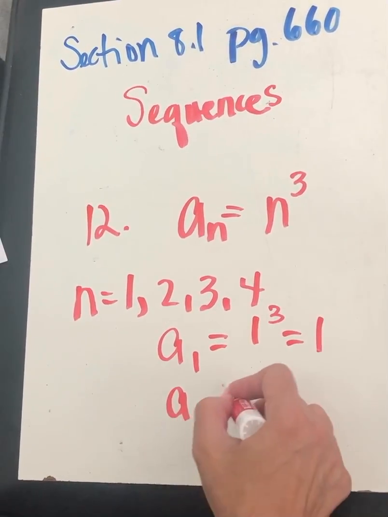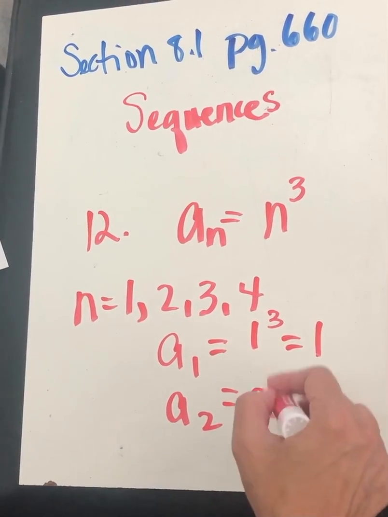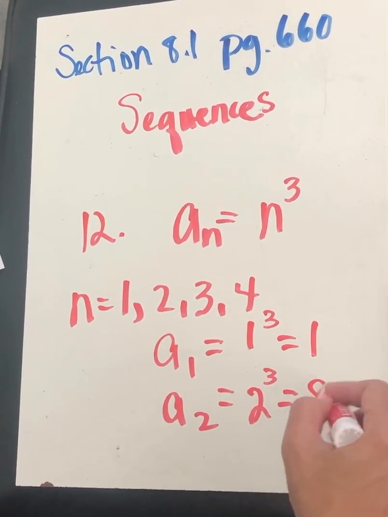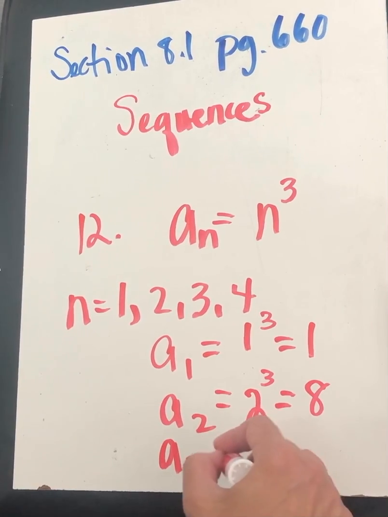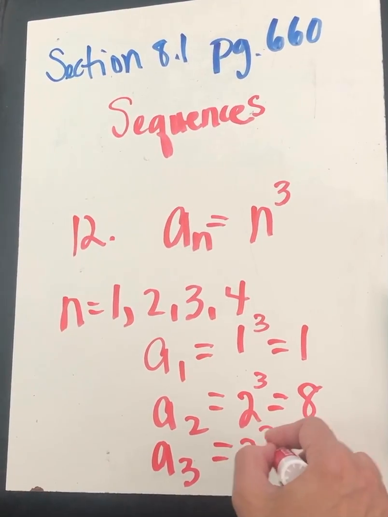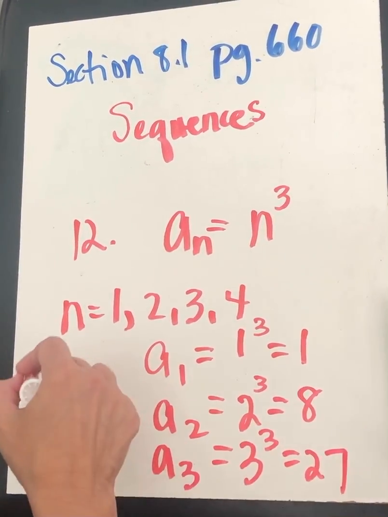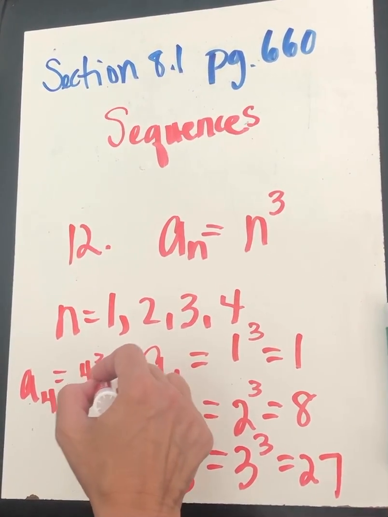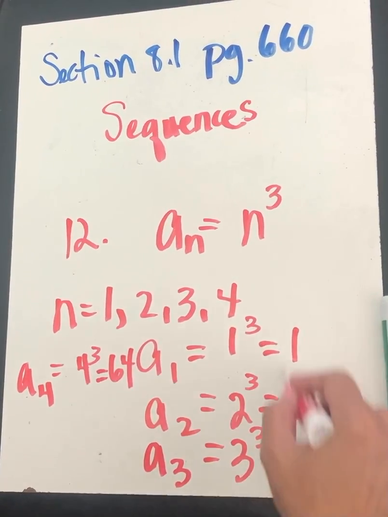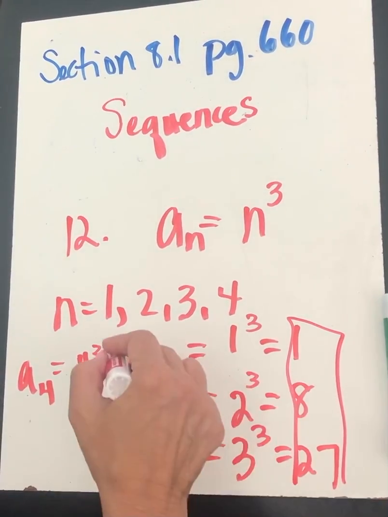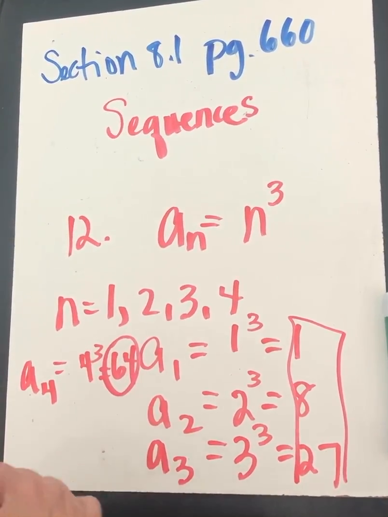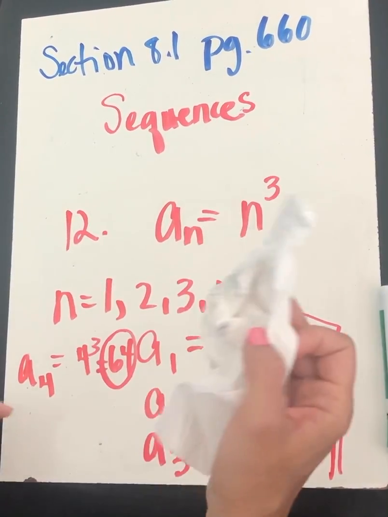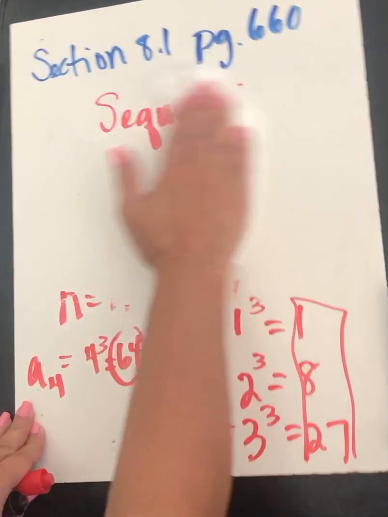A subscript 2 equals 2 to the third, which will equal 8. A subscript 3, or the third term, is going to be 3 to the third, which is 27. And the fourth term will be 4 to the third, which equals 64. So the first 4 terms will be 1, 8, 27, and 64. Okay, so now let's go ahead and look at one where we're going to write the